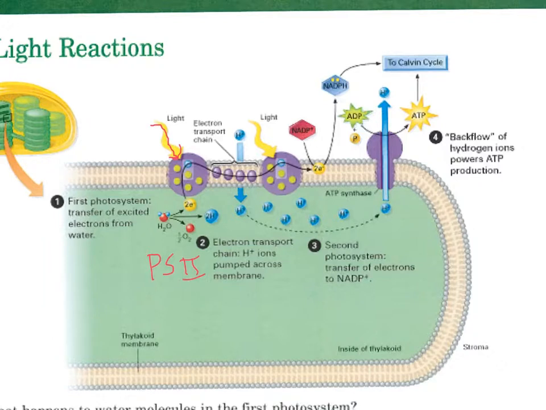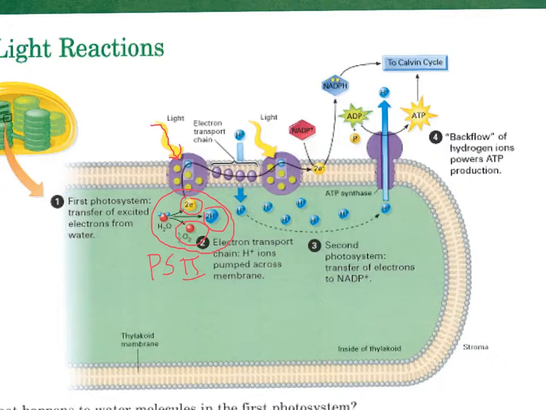So where did the electrons come from? Well, I'd like you to see here that the electrons for the first photosystem came from water coming in and splitting. And when water splits, as you can see, it splits into electrons that will go into photosystem 2, into hydrogens that will be accumulating inside the thylakoid membrane, and oxygen, which will be given off as a waste product of photosynthesis. So the 2 electrons that are in this first photosystem are being excited, and they go to